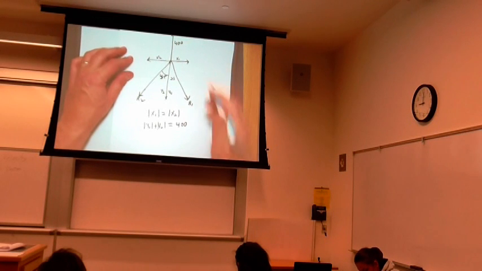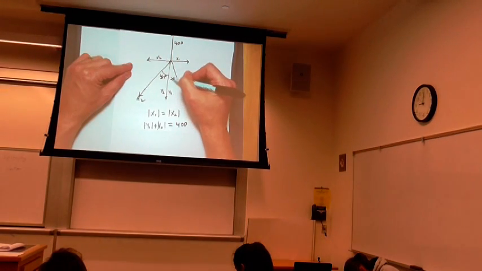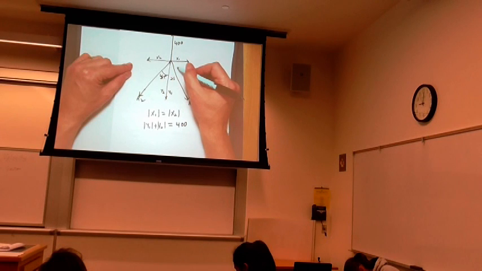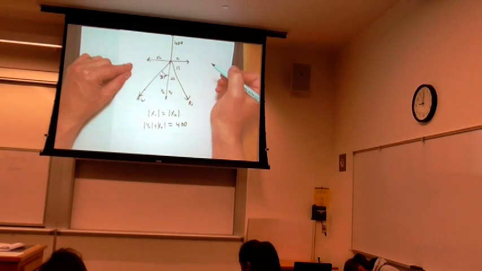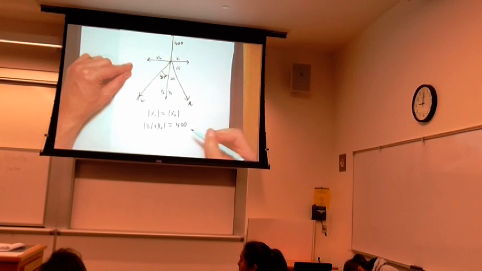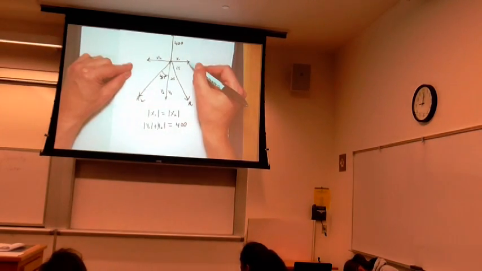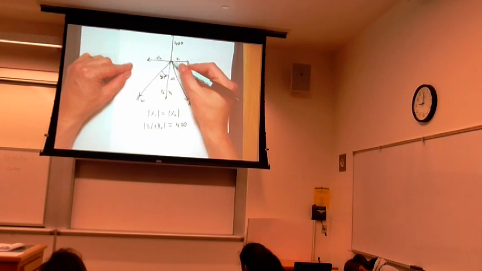So what is x1 in terms of either this angle 25 or its complement, which is 65? What is the value of x1 in terms of